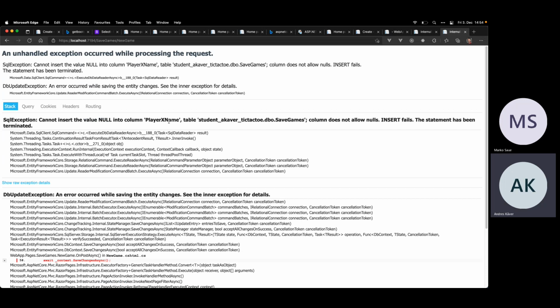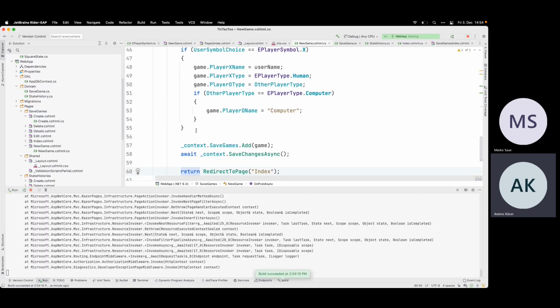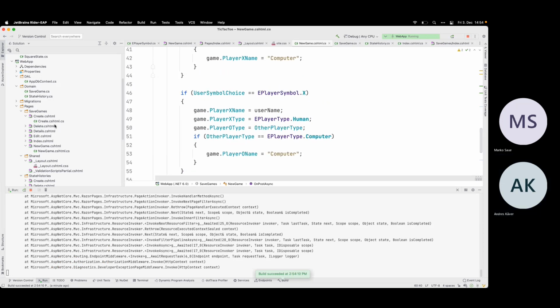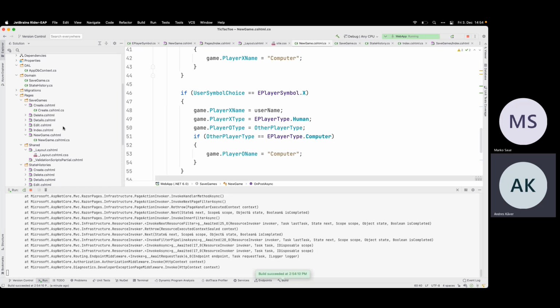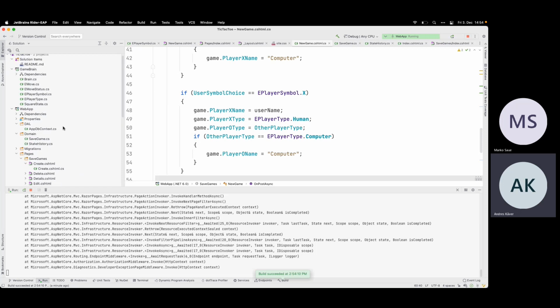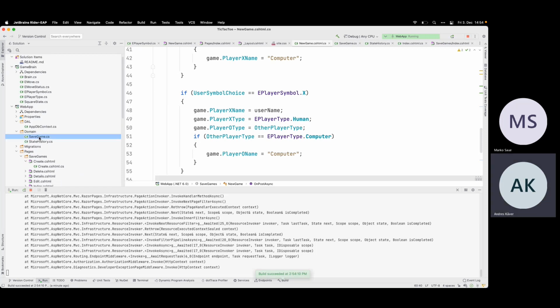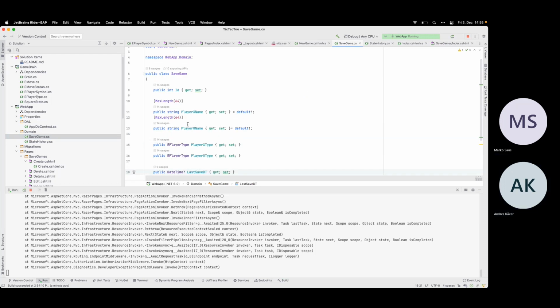Into value, into player X name. Okay, empty is not allowed. So let's fix that one. So my model is not correct totally. Where is this? Save game. So actually this is a nullable string. So I might not have a value.